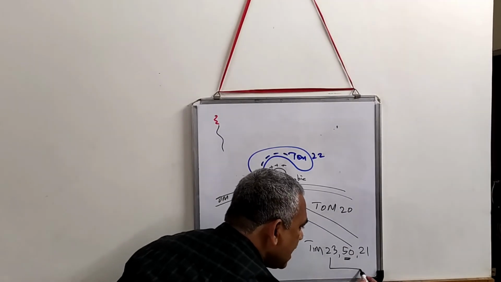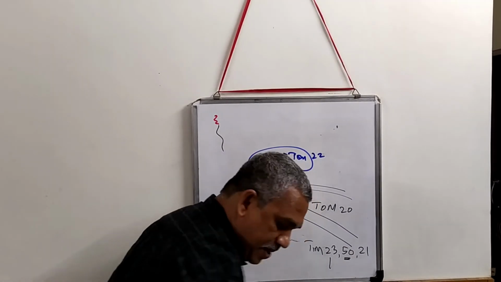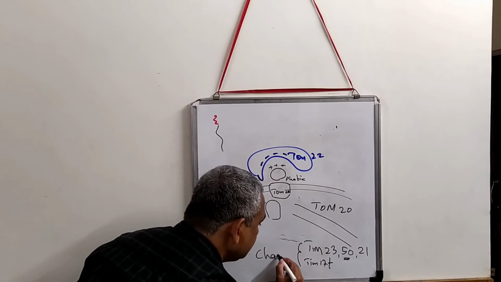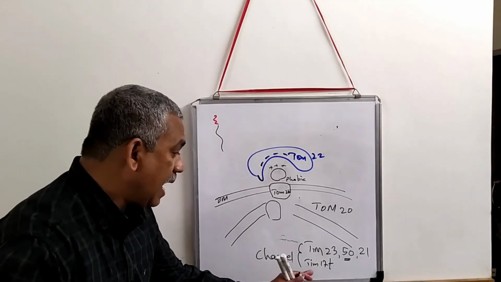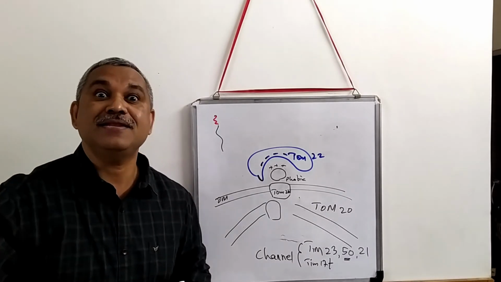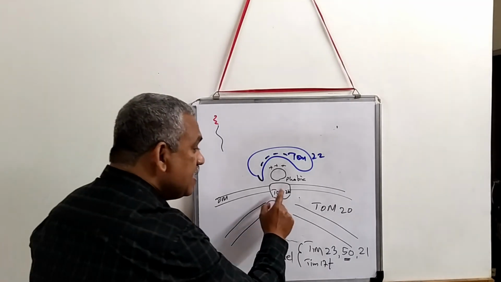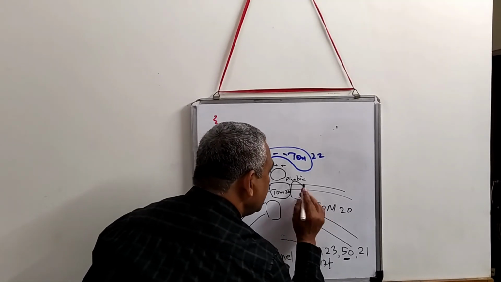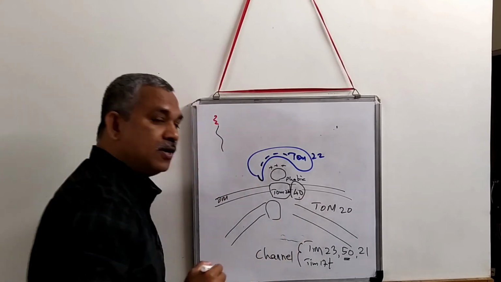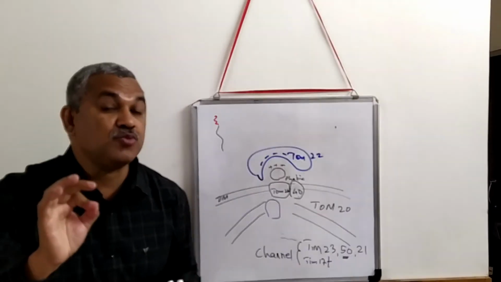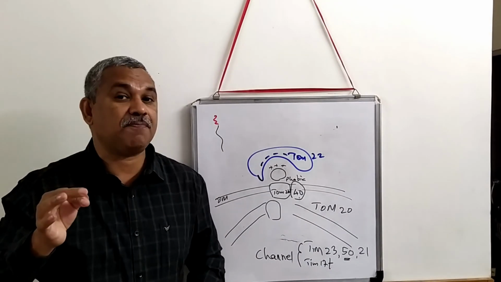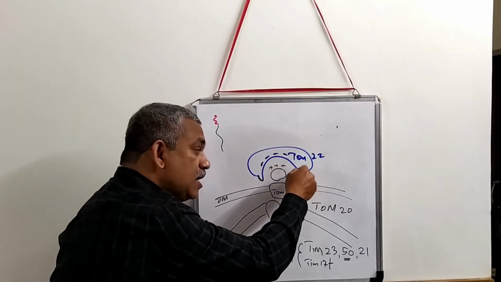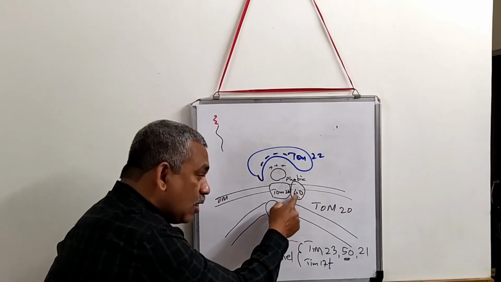Whereas TIM 21 and TIM 17, which I have not mentioned here, they form the channel. So TIM 23 and 17 form the channel in the inner mitochondrial membrane. I forgot to mention that the TOM complex has a channel protein, that is TOM 40. TOM 40 becomes the channel. So TOM 20 and 22 function to recognize and bind the protein, and then TOM 40 will act as a channel, pushing the protein through and allowing it to come to the